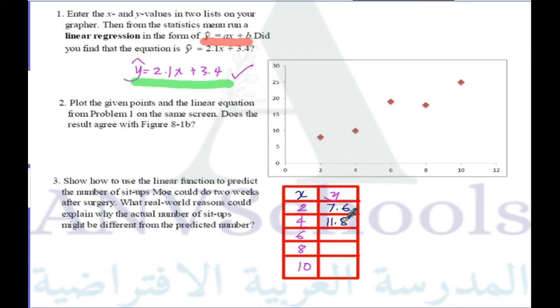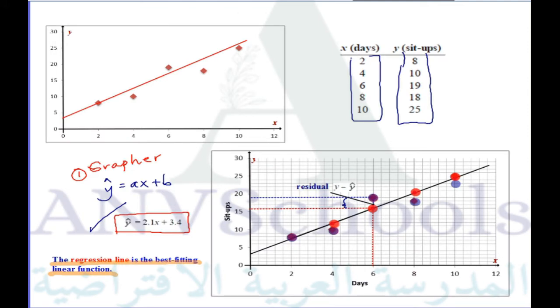Okay, if my x is 6, then my y is 16. If my x is 8, then my y is 20.2. Okay, and if my x is 10, then the value of my y is 24.4. Now notice that they are very close to the values taken from the sit-ups. So if your x is 2, then your y is 8. But in this case,